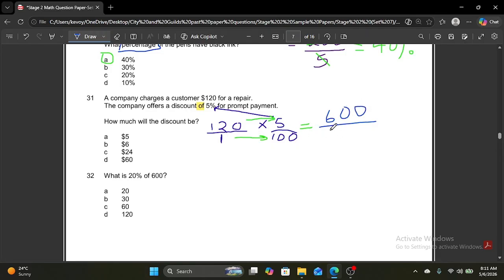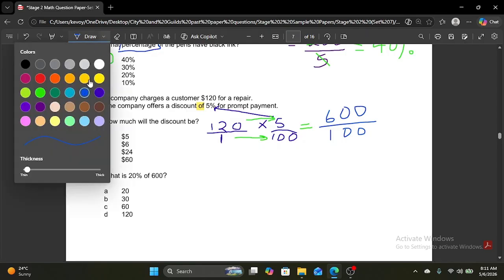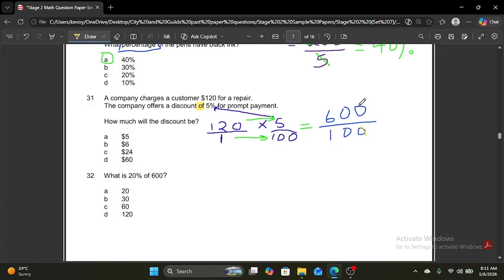And 1 times 100 is just 100. Afterwards we'll cancel the zeros from both the bottom and the top. One 0 cancels from the bottom and one from the top, and another 0 from the bottom and the top. So we're left with